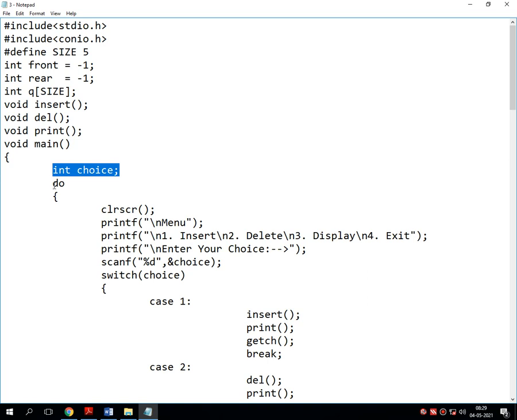So into the do statement, there is a CLR SCR function, and inside the CLR SCR function, we have started designing the menu. So inside the printf statement, the first line of code is